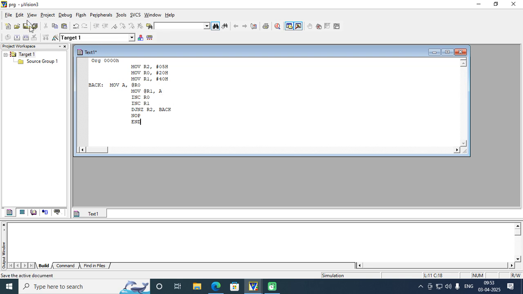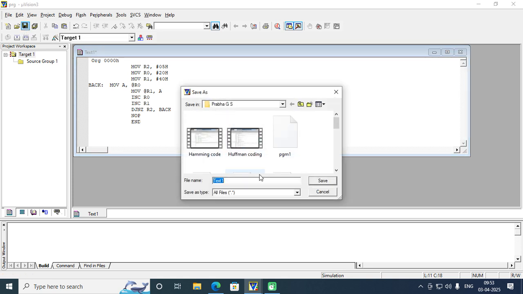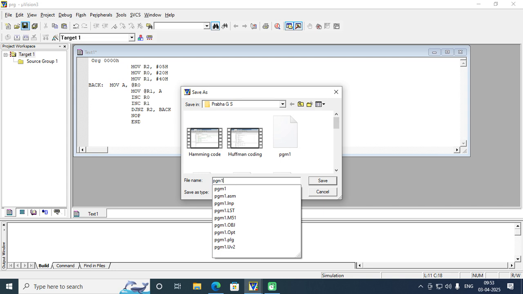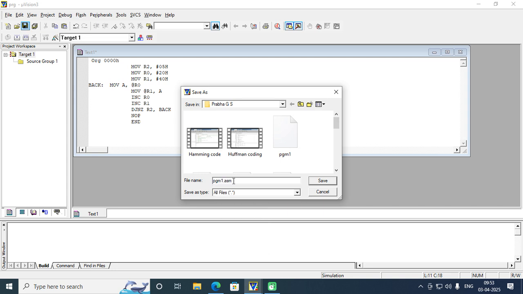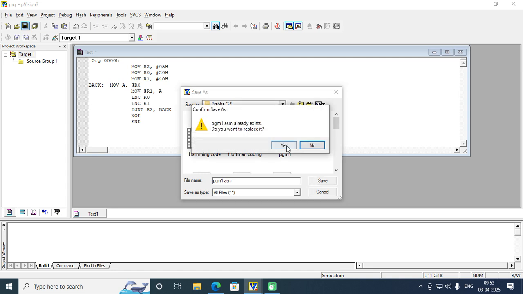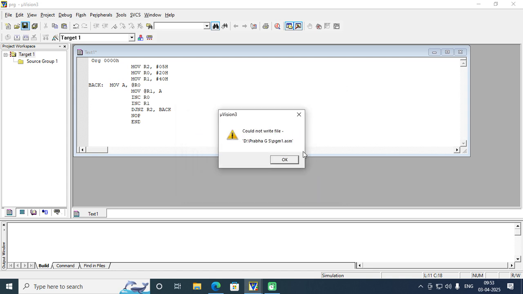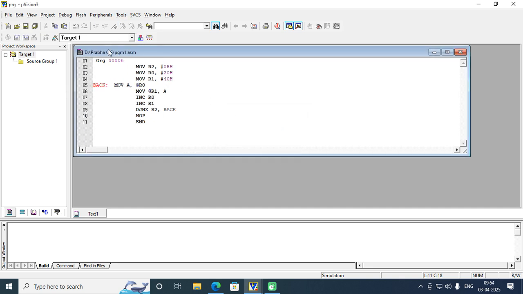So the next step, we need to give the name. I will give it as program1 with the extension .ASM. Okay. So this is the name I have given, program1.asm, and it has been saved.